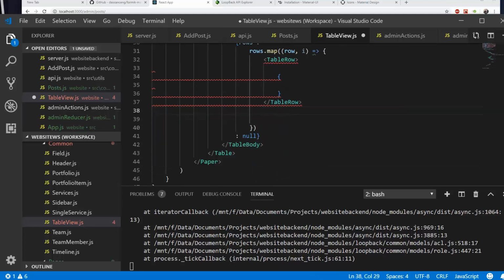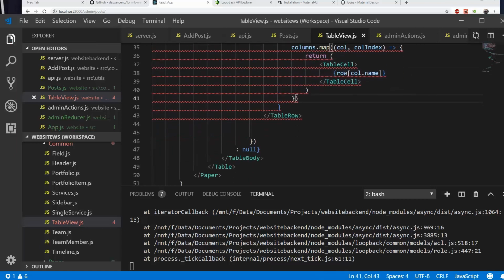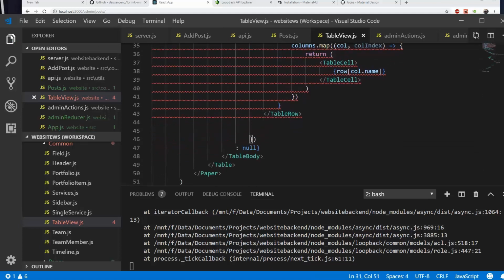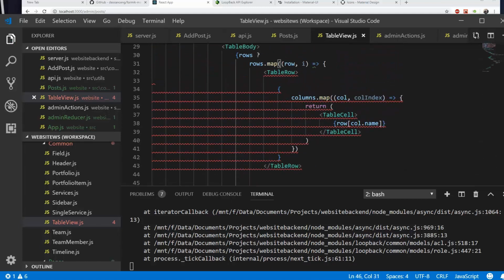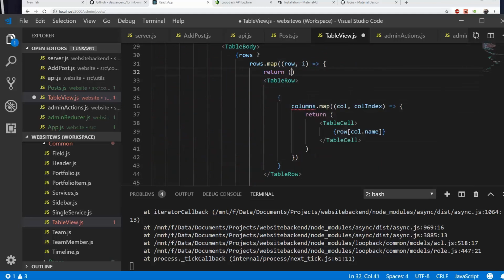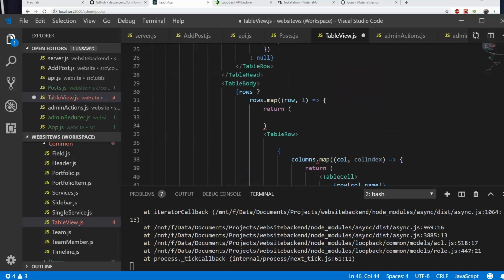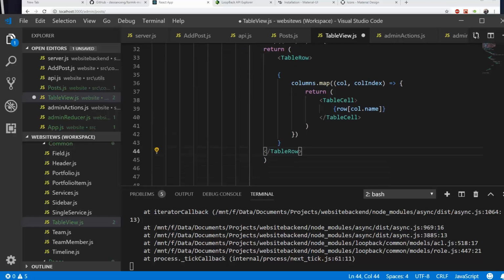Let's delete that there and call that there. Now, oh right, yes, we also need to return. So I'm going to copy this entire table row up here into the return,